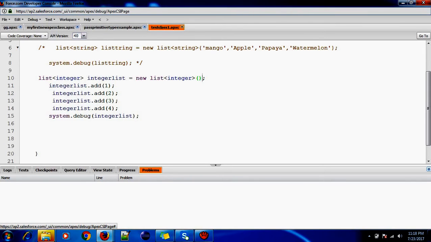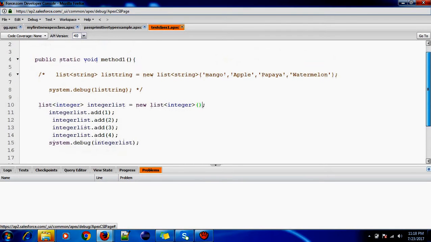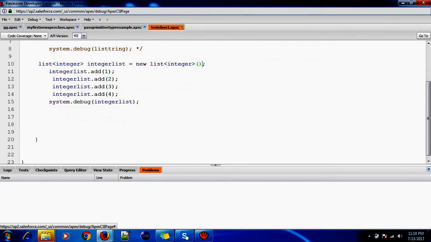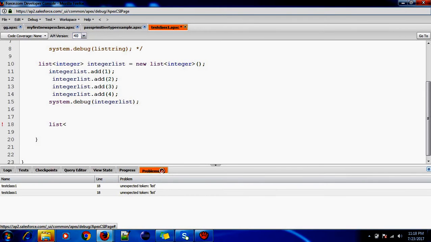Okay, so this was about list of string, list of integer, and then what, anything pending? List of account, sObject, right? What are the sObjects we have? Account, contact, opportunity, leads, contract, solution, cases. Many sObjects we have.